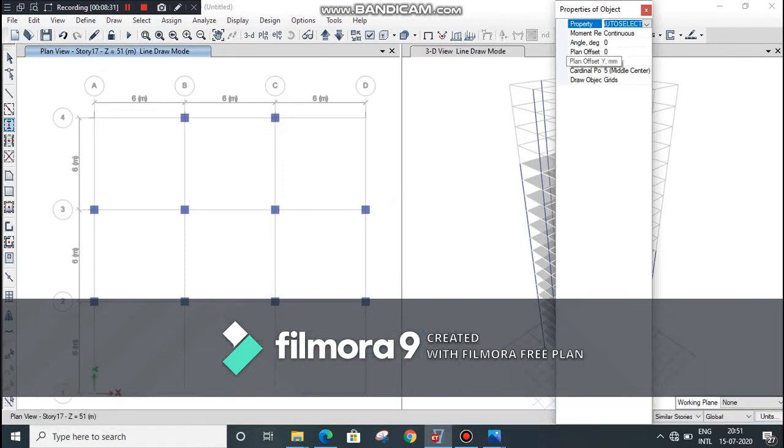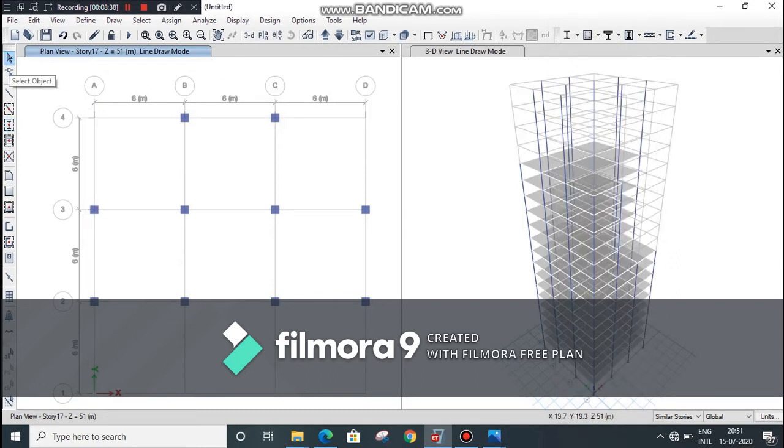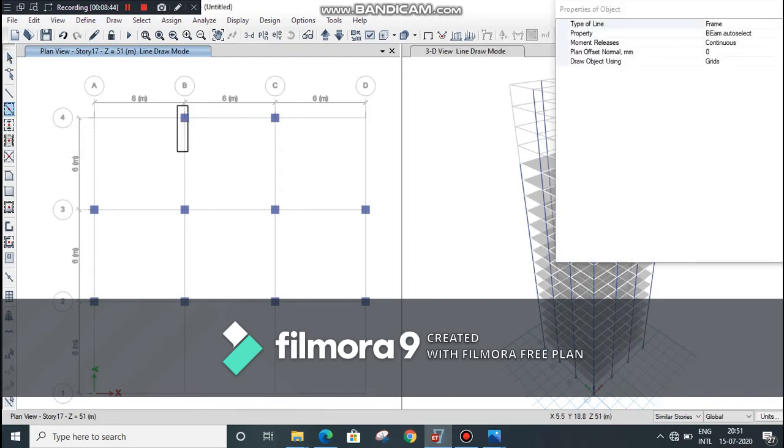Press escape button. Go to quick draw beam option and assign the beams.